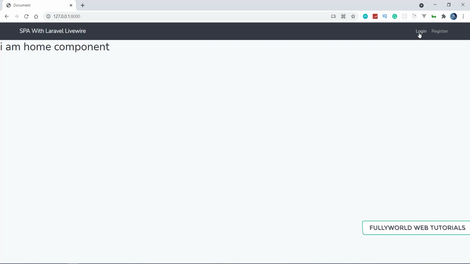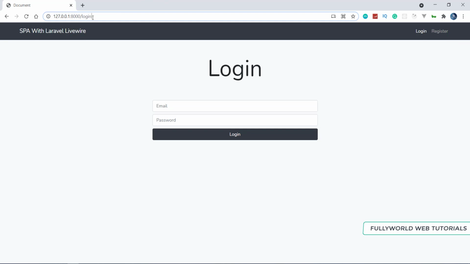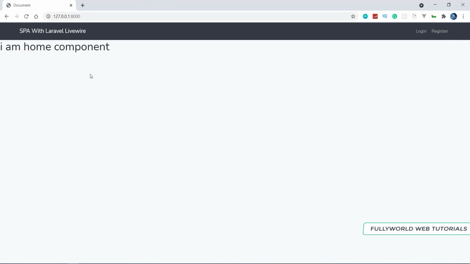And if the user is logged in, this will be the second group: he or she cannot go to the login and register routes. If they click on the login route, they will be redirected to the home page. So these two groups we have to create.